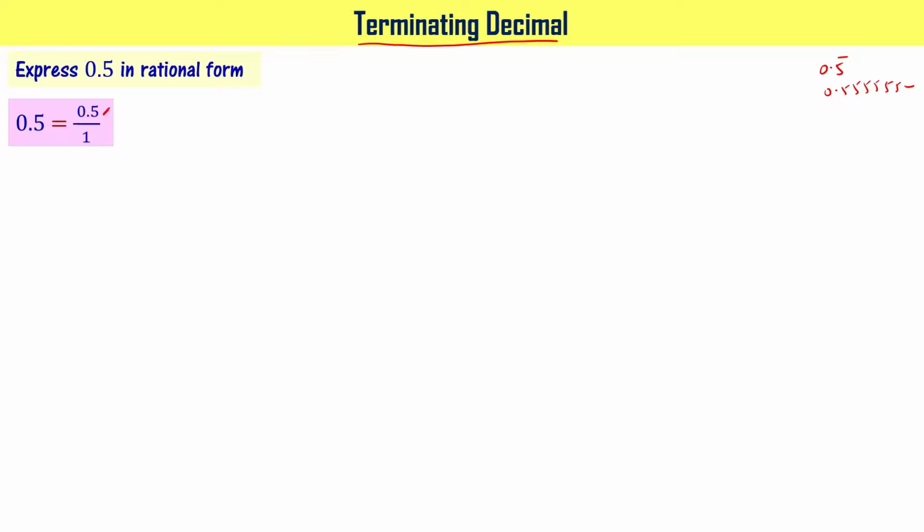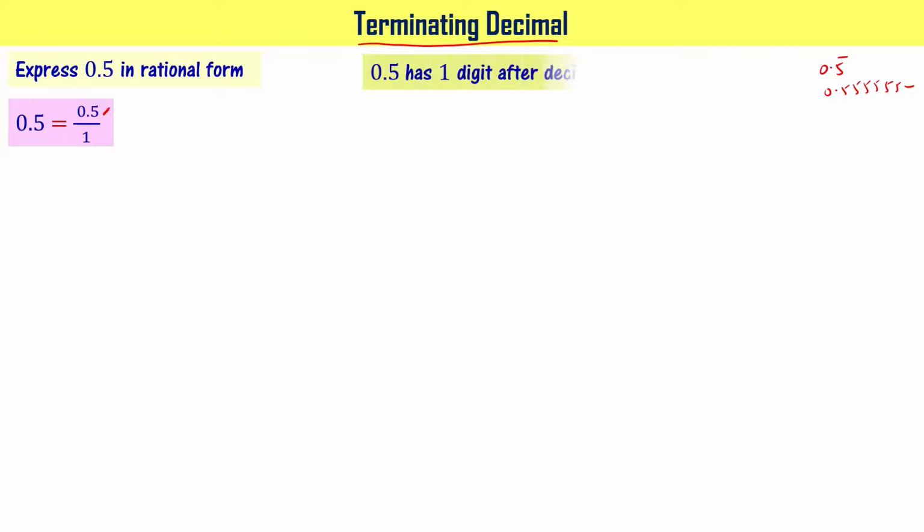When you say a given number has to be in the form of p by q, we said that p and q are integers, right? 0.5 is not an integer. That's why if you write just like this and say that this is the rational form, this is not correct, right? We have to have both the numerator and denominator as integers. And the denominator should not be equal to 0. That is another requirement, right? So 0.5 can be written as 0.5 by 1.